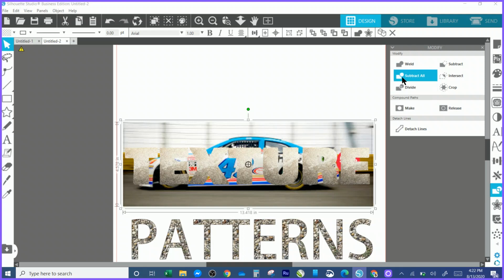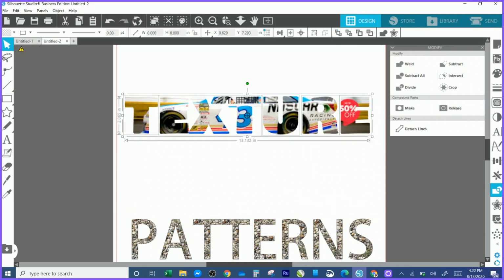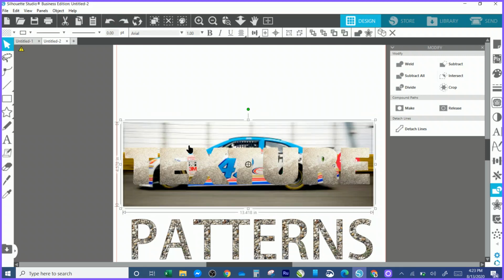Here we go. Okay. What we're going to do, we're going to crop that. And then that will put that car inside of that. Which that's not just the best picture of a car. But what happens is it crops it and it does put it in there. And let's see, if we go back, we might be able to get it in there a little bit better than, like, for example, if we had,